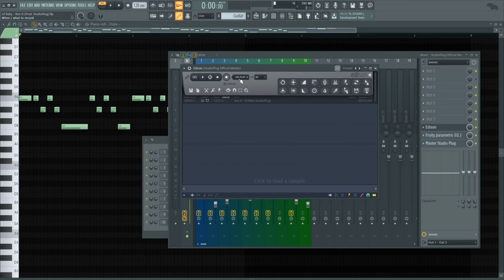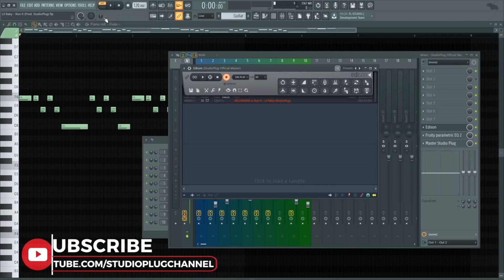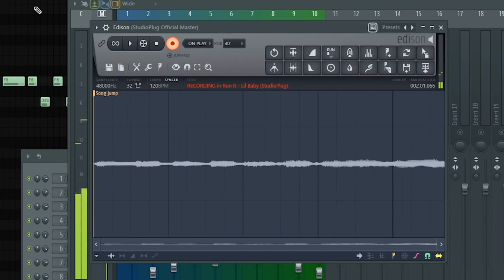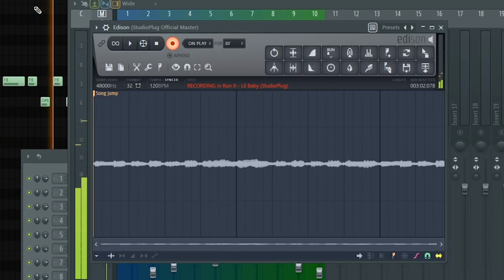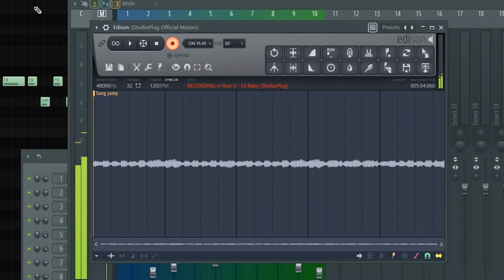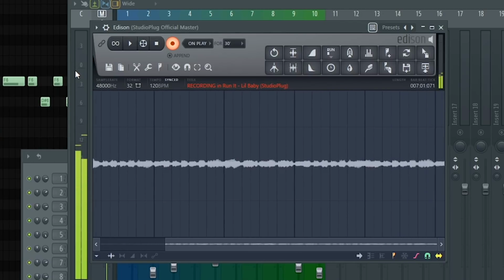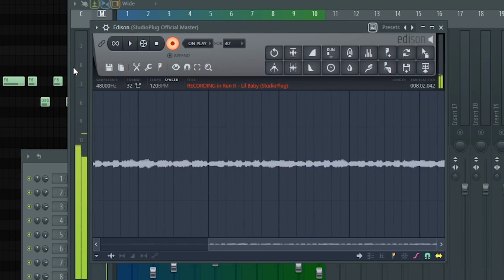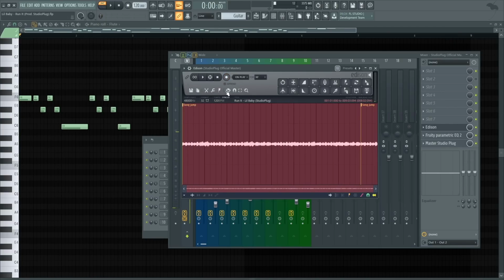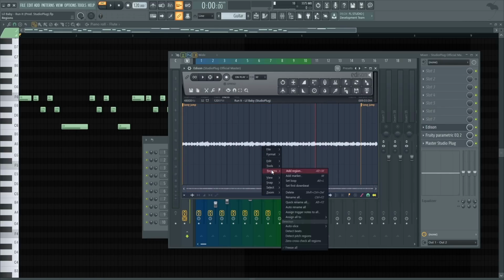So I'm going to make sure that on Edison, I'm on play. Click on the recording knob. And once you have that, make sure that your pattern is selected and just push play. So now we push stop and click on the number 2, because once you click on 2,